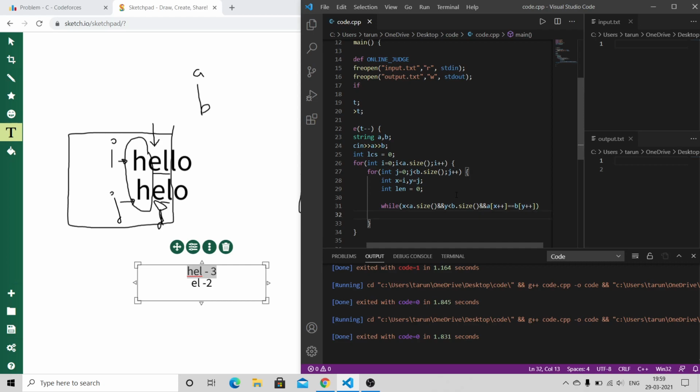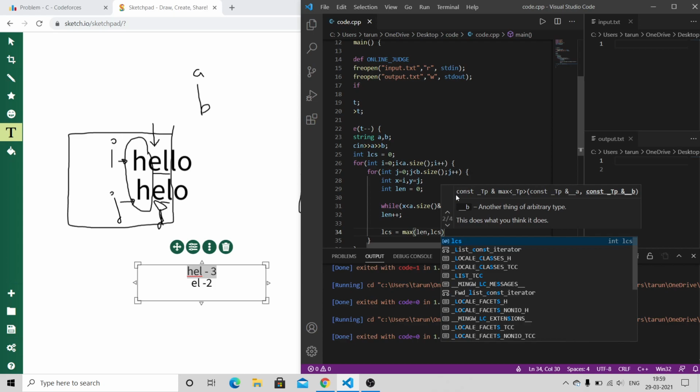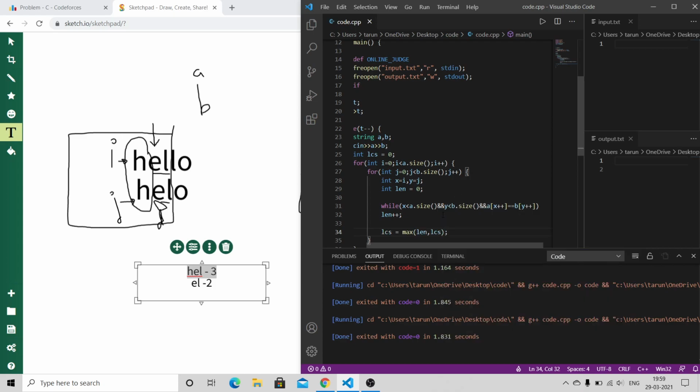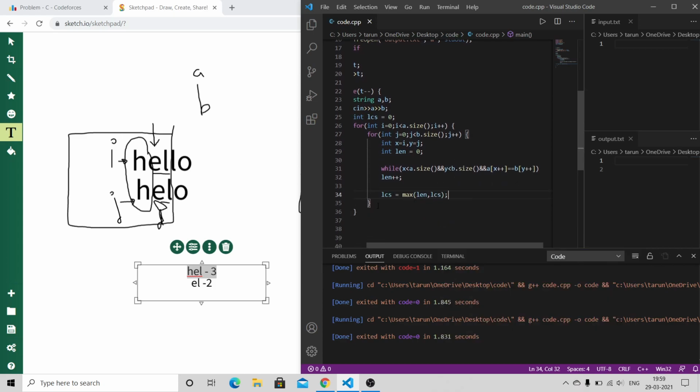So we'll increment the length. So we are finding the length of the subarray. Now LCS will be the maximum of the length of the subarray we just found and the LCS previously stored or initialized in the first step, as it will be 3 here.